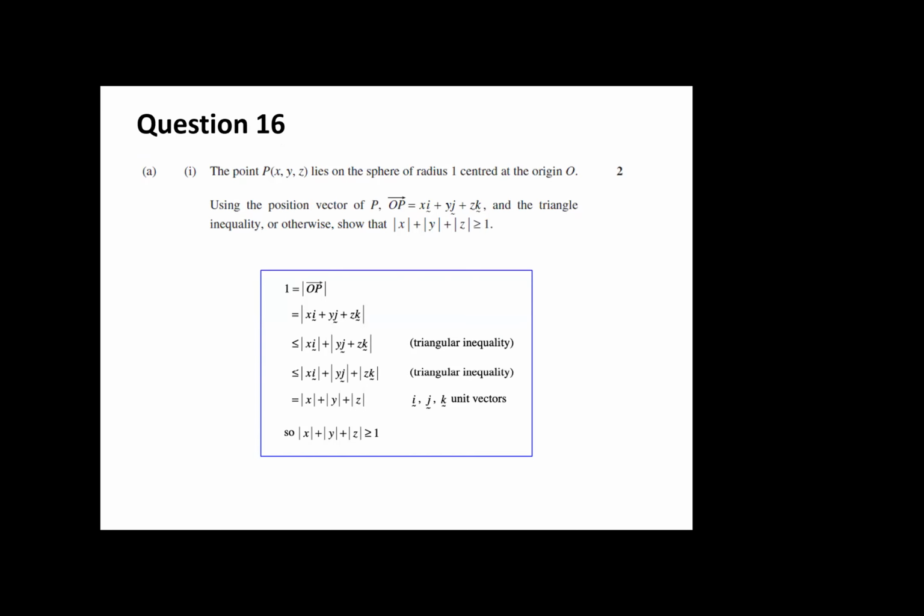And this was the last question on the paper, and one that was very challenging for students. Now, 16 part A had 3 parts to it. In part 1, and I'll just read this: the point B, X, Y, and Z lies on a sphere of radius 1 centered at the origin, and using the position vector that was given to the students and the triangle inequality, students had to show that particular result,